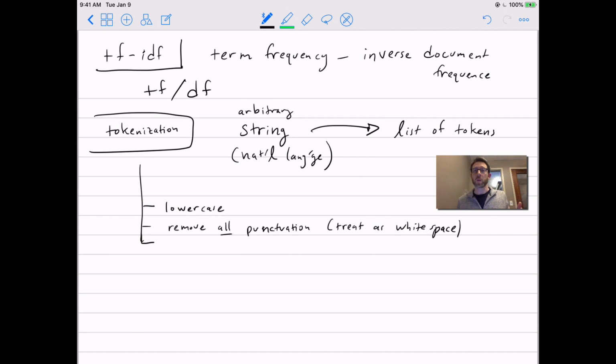But then, for example, if someone forgot to write a space character after a dot, or they're using some kind of acronym that includes periods, like